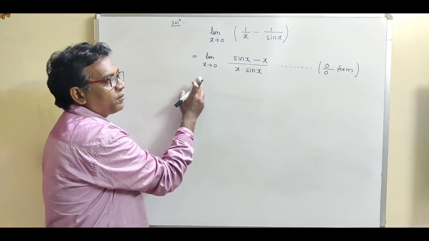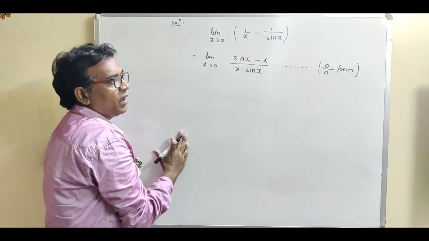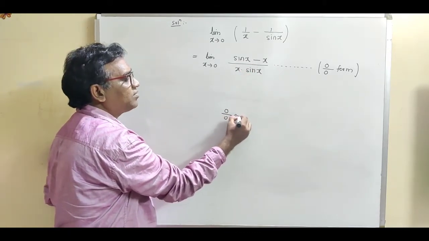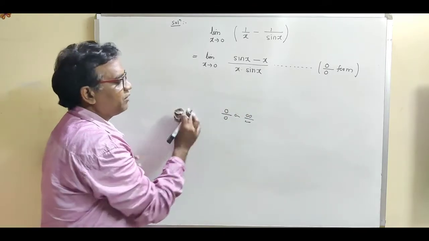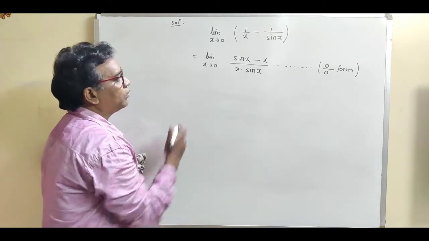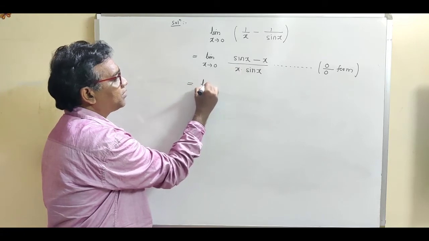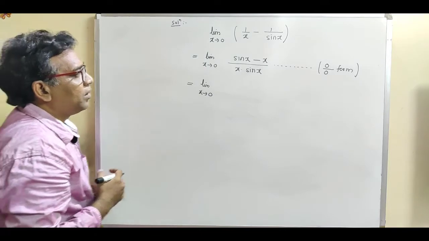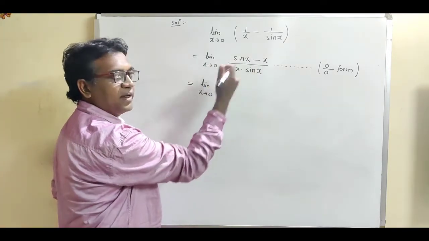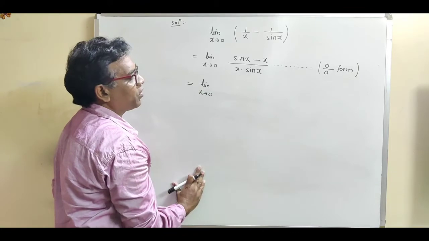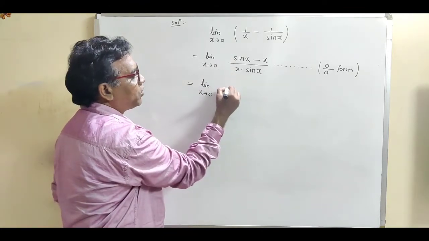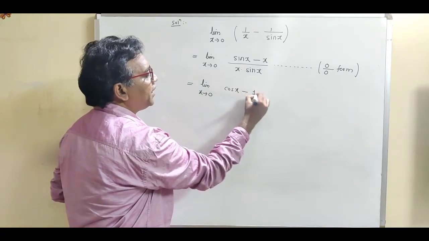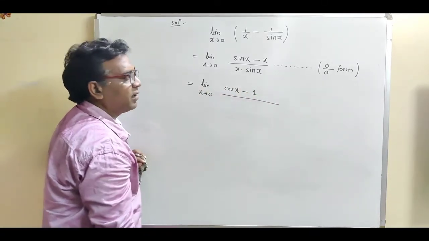So if the limit form is the division form, and if the division is either 0 by 0 or infinity upon infinity, then we can apply the L'Hopital rule. So use L'Hopital rule. So this is limit x tends to 0. Now what is L'Hopital rule? Just take the separate derivative of numerator and separate derivative of denominator. Derivative of sin x is cos x, minus derivative of x, it is 1, divided by